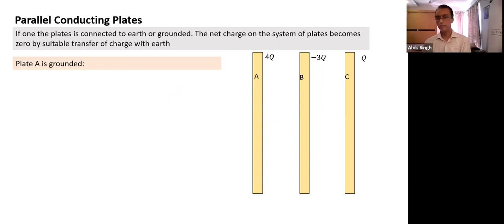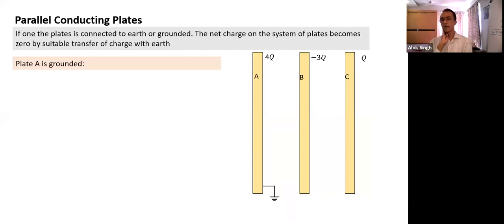Plate A is grounded. So we connect plate A to the ground. How do we connect to the ground? We run around the home, get a piece of wire and connect it to the ground. Or we can show it in terms of a simple figure. This plate is connected to the ground. The moment you connect to the ground, will this charge remain the same? This plate can receive or give charge to the ground. How much charge should it receive or transfer so that the net charge becomes equal to 0? Can we find out what charge it should finally have so that the net charge of the system becomes 0? Will the charge on plate B and C change?